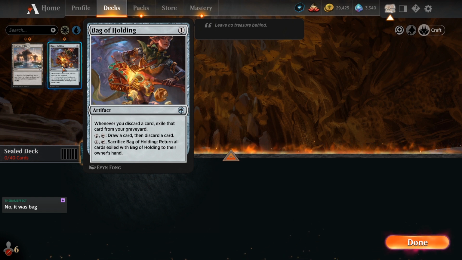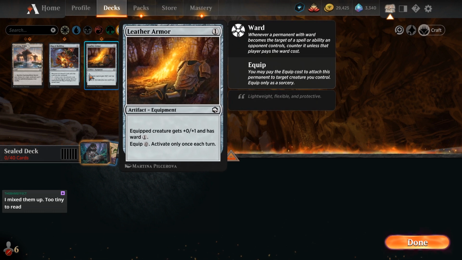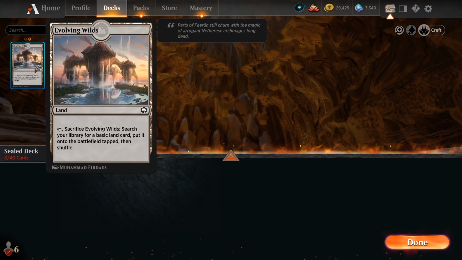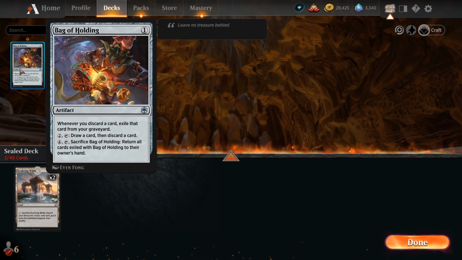Bag of Holding. Honorary rare. It's pretty good, though, I guess. Makes them up too tiny to read. Yeah, that's fair. Equip 0, activate only once each turn. What a weird card. I didn't even know that was a thing. Let's do a 3-colour pile. Let's get Evolving Wilds in here. Let's...